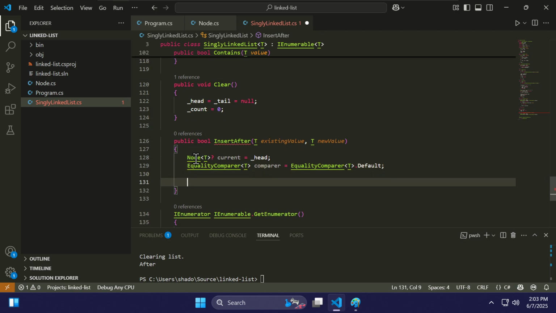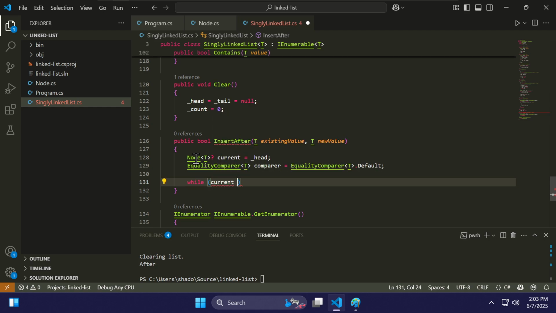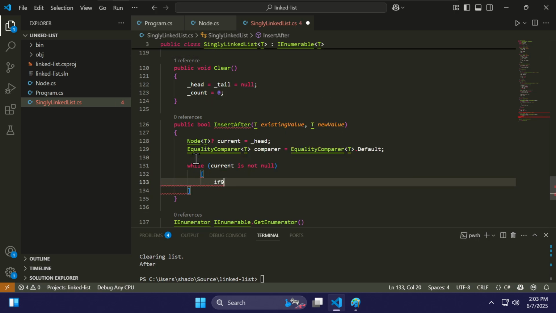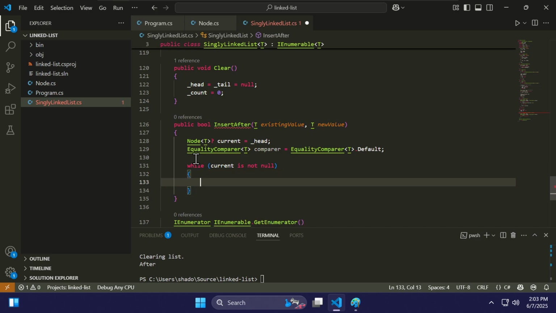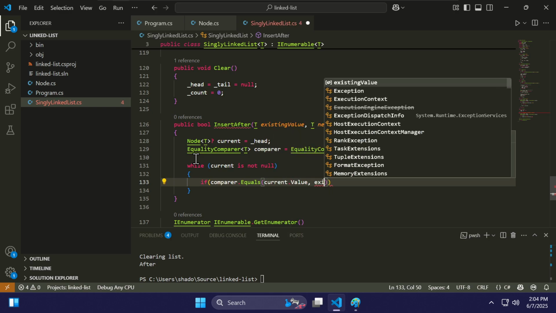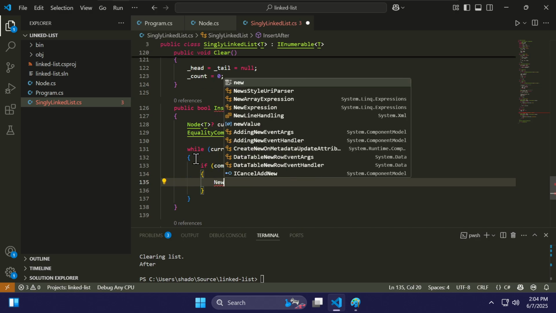All right, so now while current is not null, this is going to look very similar. Oh, I can't hit the braces today. At least my mouse isn't moving. So if comparer equals current dot value, existing value, new,